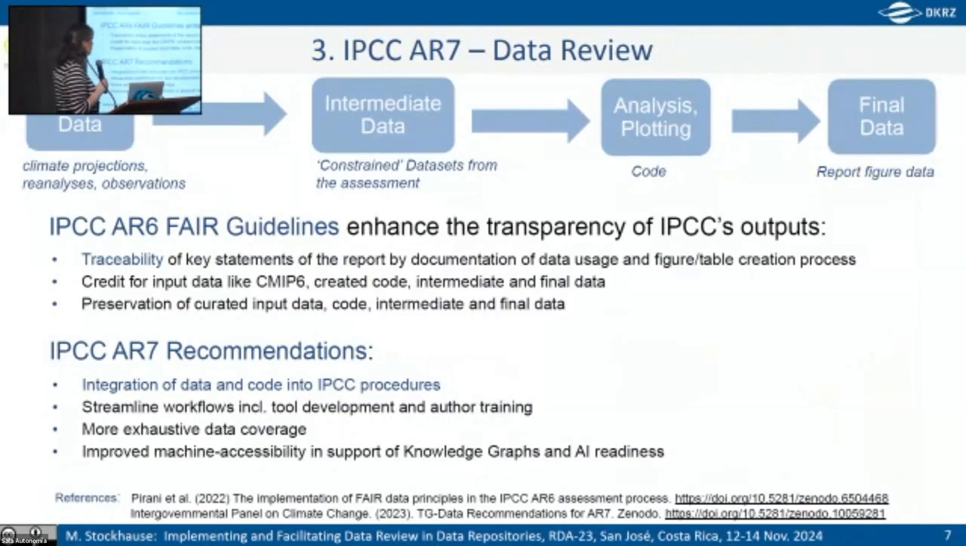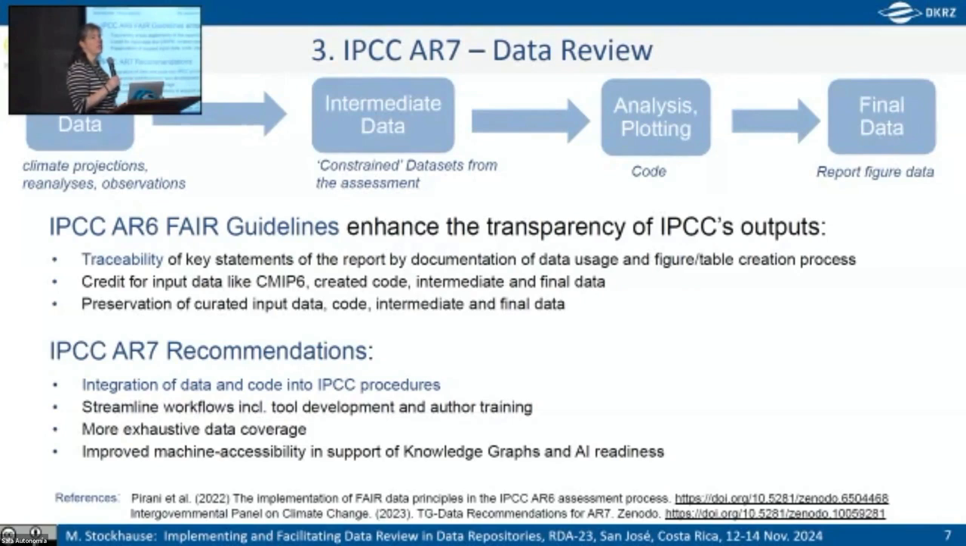Very briefly, what we introduced in AR6 was, for the first time, the implementation of the FAIR guidelines, which were motivated by enhancing the transparency of the report, so making the creation process for the figures and variables transparent and traceable, so we have provenance information. Credit was very important, and of course preservation of the different digital products and used data. For AR7, the main things are scaling up, more exhaustive data coverage in the archive, machine accessibility is an issue, streamline workflows, better tools for authors, training, but especially what I want to show here is the